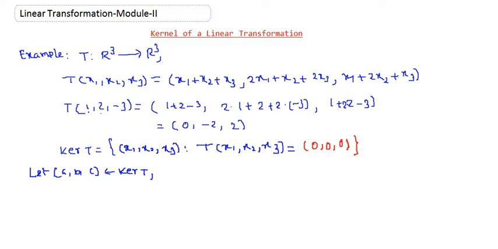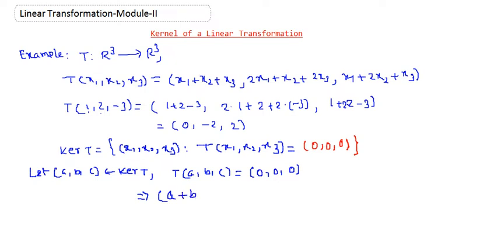Because it belongs to the kernel of T, it satisfies the property of the set. So that means T(A, B, C) is equal to the zero vector. So how is T(A, B, C) defined? The function is defined in this way. The definition is given. It says that the first component of the transformed vector has to be equal to